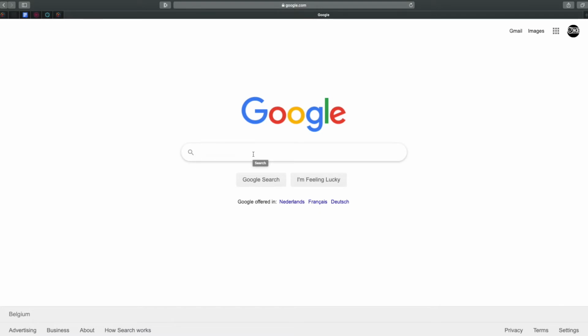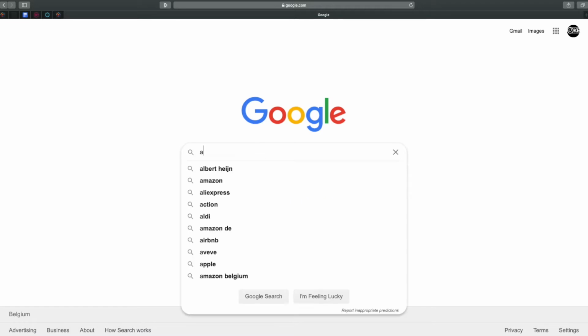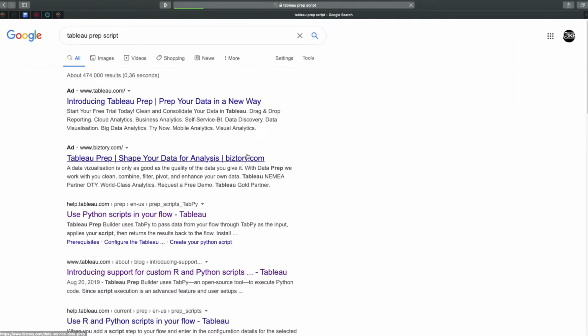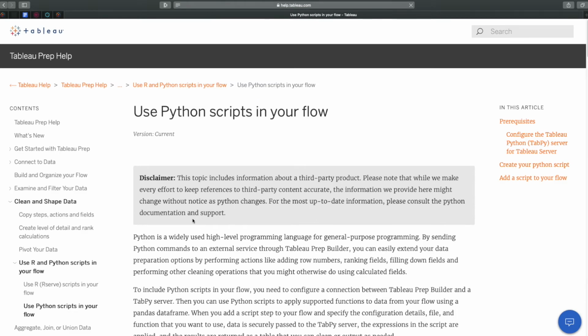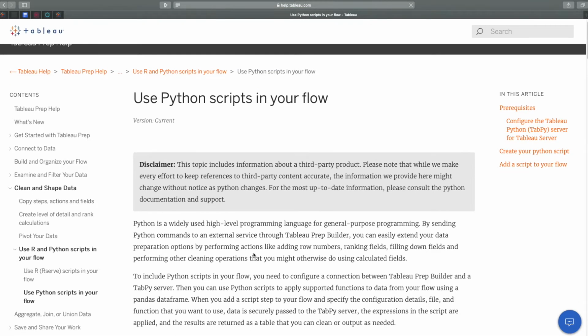Morning. Today we will have a look at how we can use Tableau Prep with a Python script. We will try to encode data values using a Python file. Now, most of you who start with Tableau Prep and Python will probably start off by Googling. So if we Google Tableau Prep and script, we arrive at the official documentation of Tableau, where they teach you